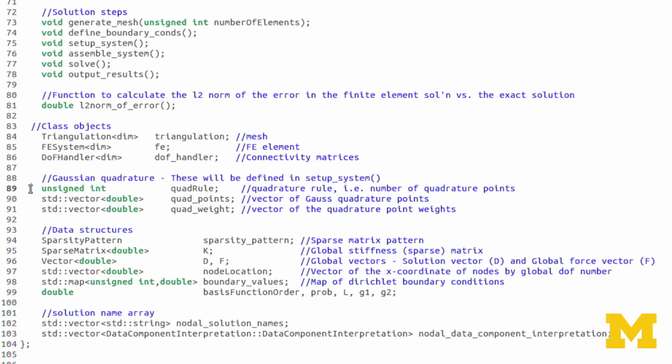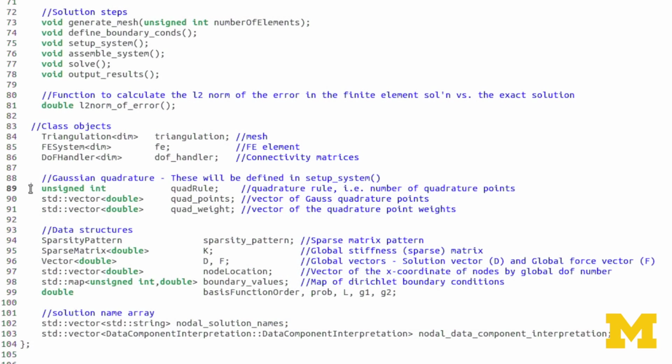These next three have to do with the Gaussian quadrature that we'll be using to perform the integrals that occur in K local and F local. The first is an integer called quadro. It's just the number of quadrature points in your element. You'll have to decide how many quadrature points you need, and we'll look at that a little bit more later.